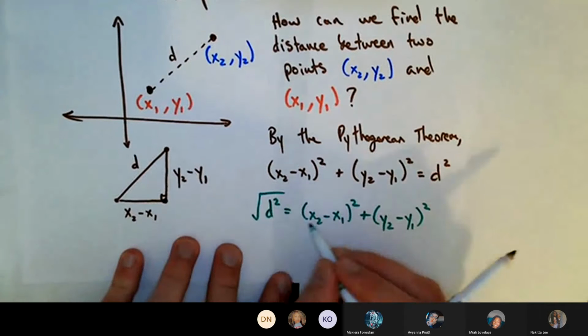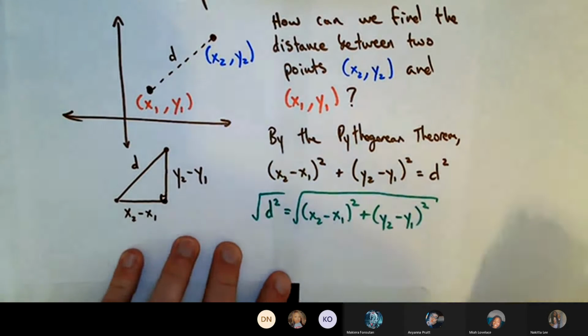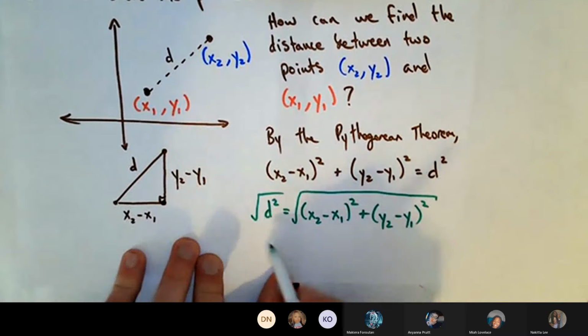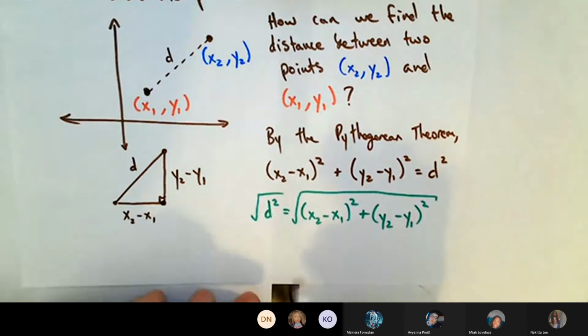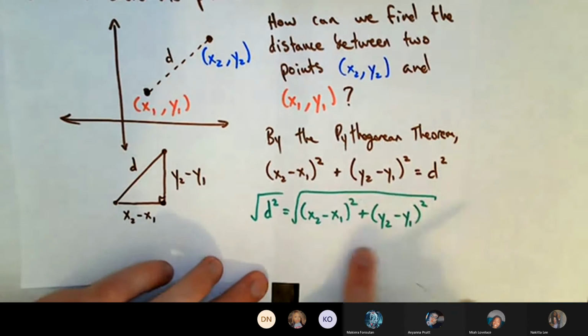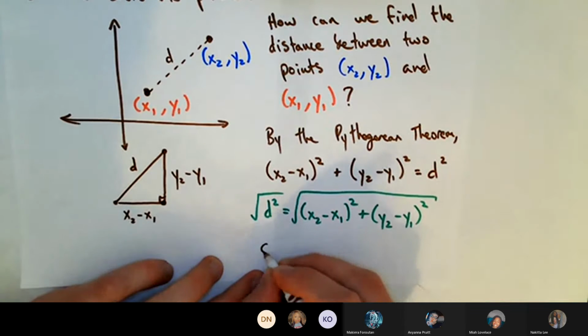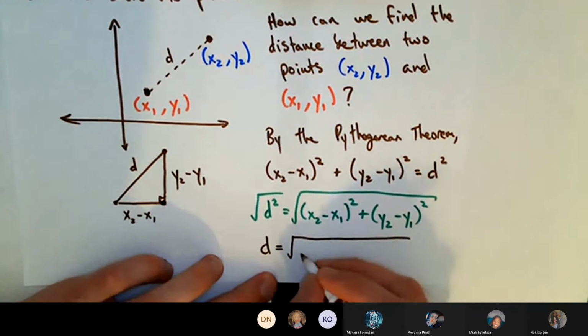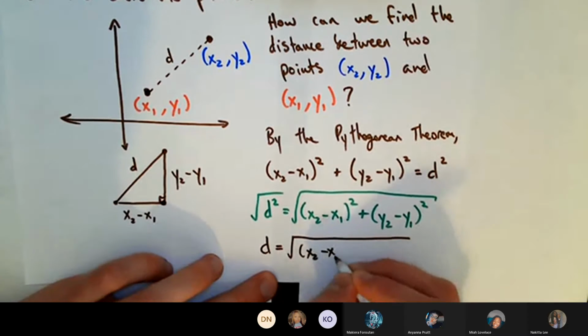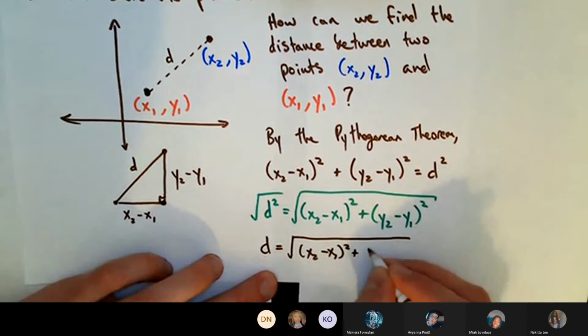Okay, I'm going to square root both sides, the entire thing, and that effectively gets rid of the square on the d here, right? Now the right side is going to have to look ugly like this. This is the formula. So d now is equal to this giant, maybe scary looking formula, but